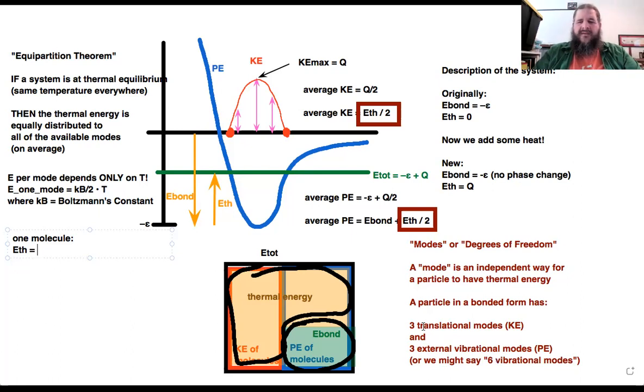So in a gas, you'd still have the 3 translational modes because the molecules are able to move in 3 dimensions, but you would not have the external vibrational modes because the molecules are not interacting with each other. There are other types of modes it could have, though. For instance, if you take a look at a molecule that's not just a single atom, like let's say you're dealing with N2, nitrogen. If you've got a nitrogen molecule,